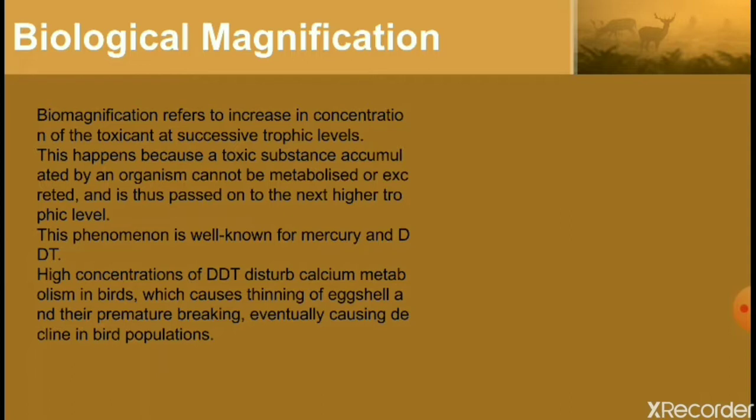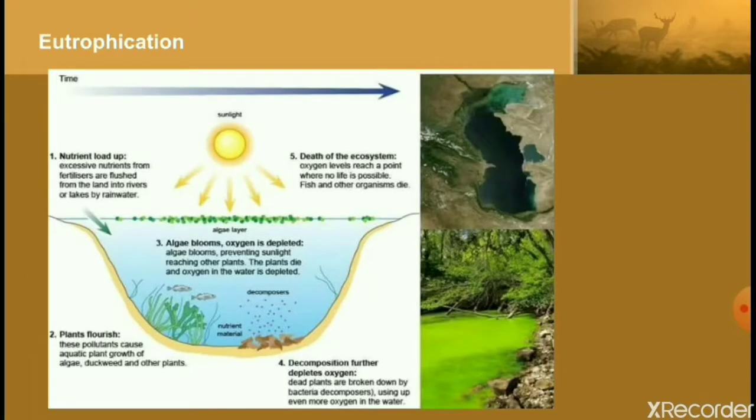High concentration of DDT disturbs calcium metabolism in birds, which causes thinning of eggshells and their premature breaking, eventually causing decline in birds' population. As we can see,